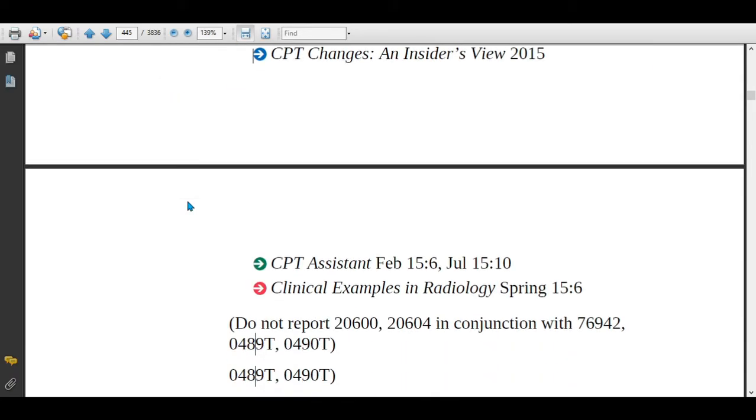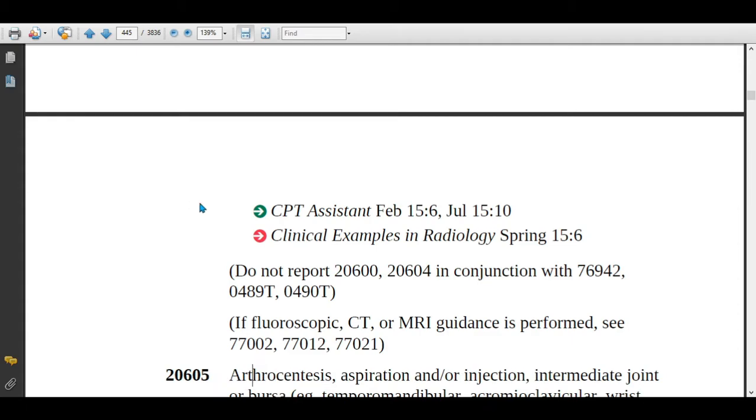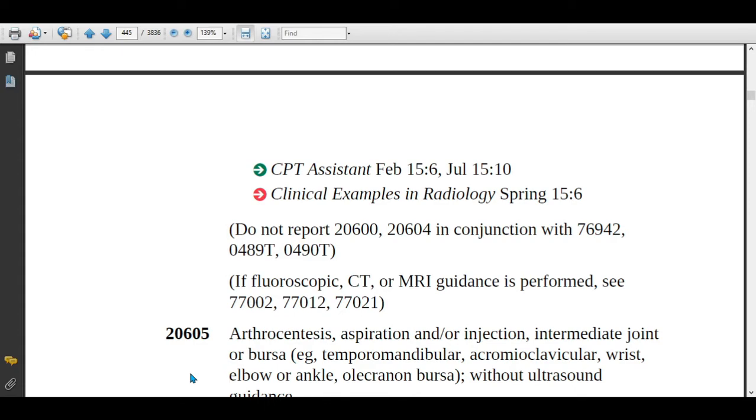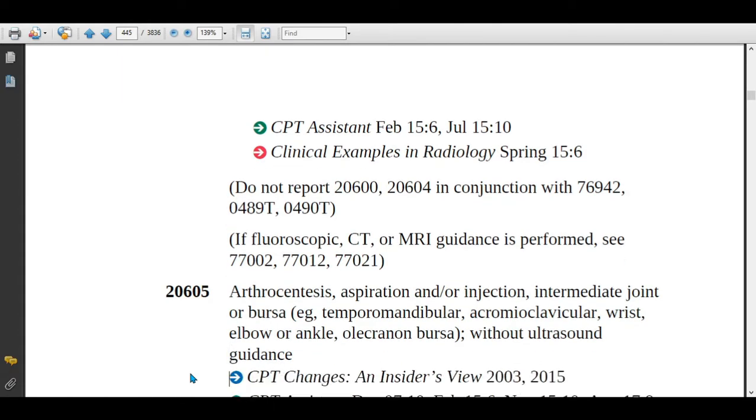Then we have some instructional notes here. Please go through this. If the physician is using other imaging guidance like fluoroscopic, CT or MRI, then you have to assign the codes 77002, 77012, 77021 respectively. And if the physician is performing an arthrocentesis or injection procedure on intermediate joints like temporomandibular, acromioclavicular, wrist, elbow or ankle, olecranon bursa,